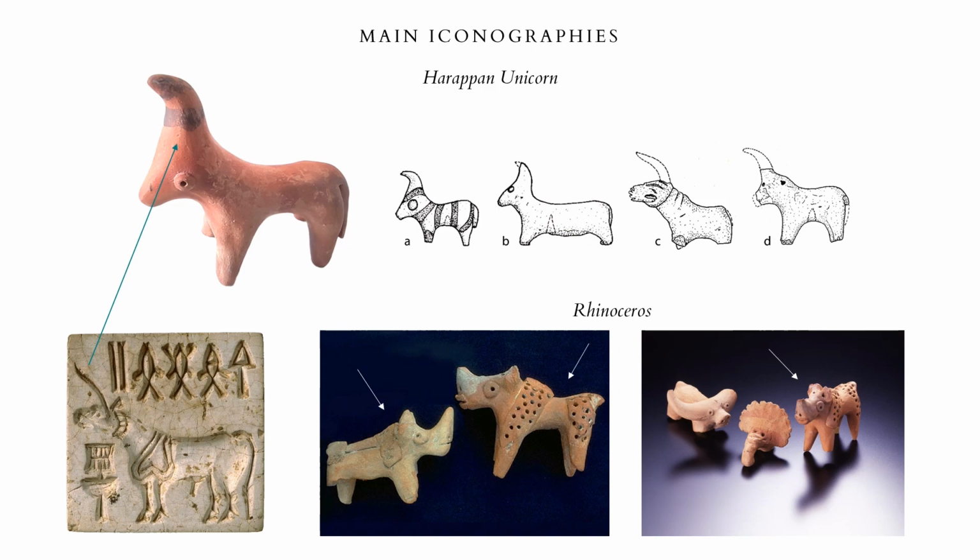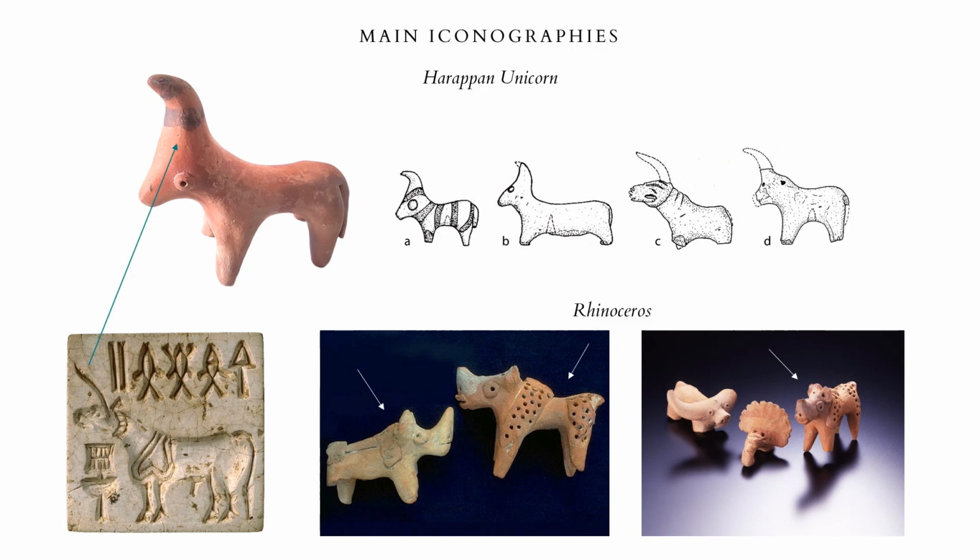Ultimately, the hypothesis suggesting that the Harappan unicorns were fantastic creatures with a single horn is confirmed by the discovery, at several Indus sites, of small terracotta figurines of bull-like animals with a single horn, very similar to those carved on the seals. These figurines clearly represented an animal other than the Indian rhinoceros, the figurines of which are completely different from those of the so-called unicorn. This evidence indisputably demonstrates that, during the second half of the third millennium, this fantastic beast was conceived by the Indus people as an actual unicorn.